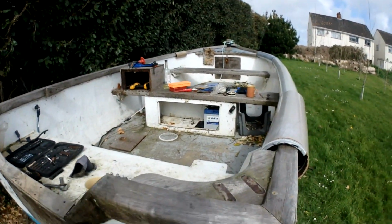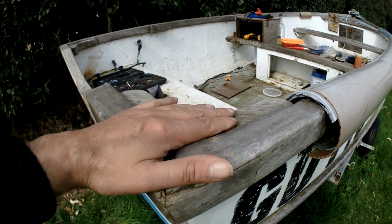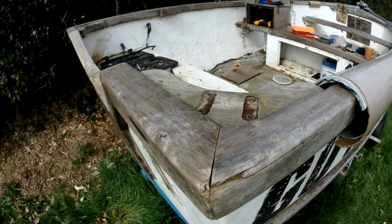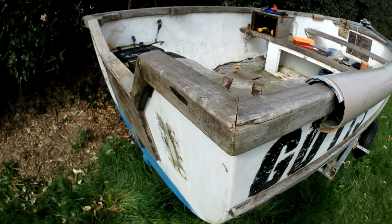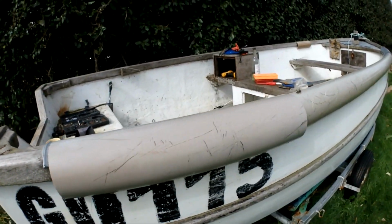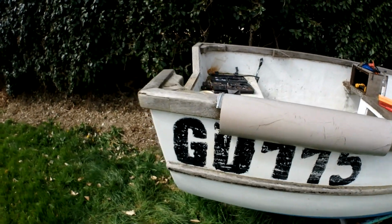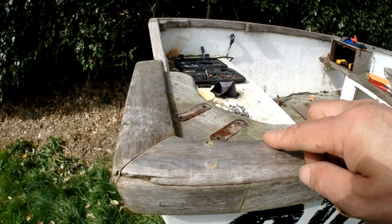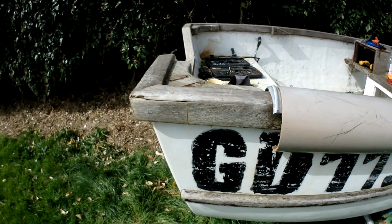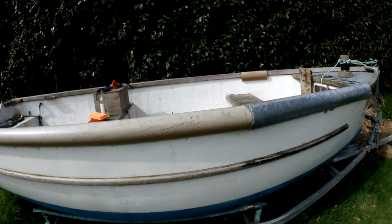So yeah, and I've taken these cleats off. I will be putting some cleats back on this, but the ones that came off are some large stainless ones that I got a couple of years ago. So I want to replace those on the back of the boat. I'll probably just put some large alloy ones back on this boat, because buying stainless cleats is not the cheapest thing, and I want stainless on the back because I have a stern rope on this one, so I don't want alloy, I want the stainless ones for that reason. Otherwise I'd just have left them on and just gone with the alloys, but